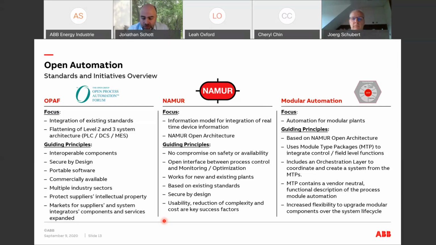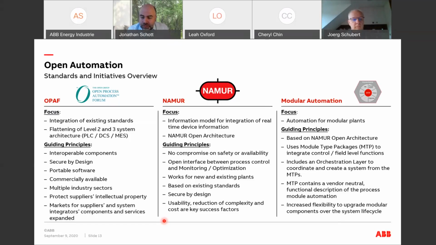So the problem today is that it's usually very hard to get information out of DCS systems, especially if you want to get them from the source, right, from the I/O channel or wherever they are occurring. Always there's some routing, there needs to be programming changes, and that is a guiding principle there. It should work for new and existing plants, and it should not compromise safety or availability. But at the same time, you get open interfaces to extract the data wherever you need it for your monitoring and optimization applications. But it basically leaves alone the core DCS system.